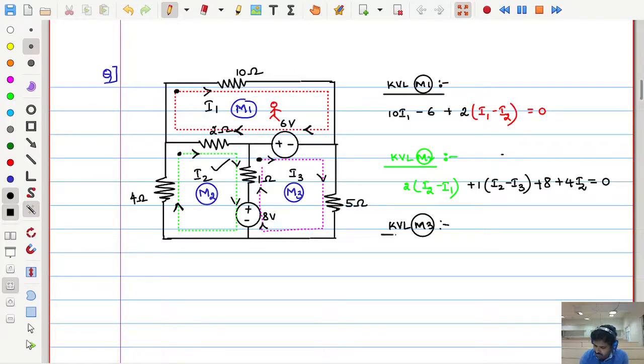Who will take responsibility for your friend? So let us start your journey. Your friend's journey started. 6 into (I3 minus I1), sir. Gone. So the 6 volts is already readily available. I asked you to collect the voltage parcel. What you are doing is 6 into (I3 minus I1), which means voltage into current is power. What task had I given? I asked you to collect the voltage in your journey. What have you done? You collected the power. Then somebody will arrest you and put you in jail.